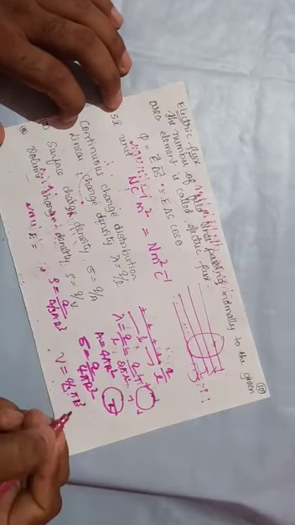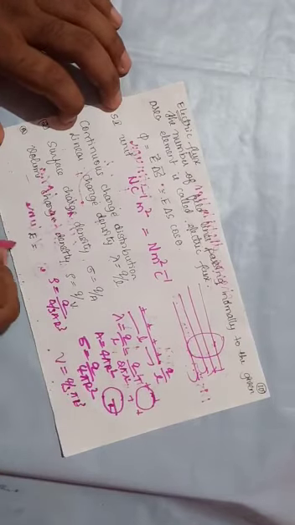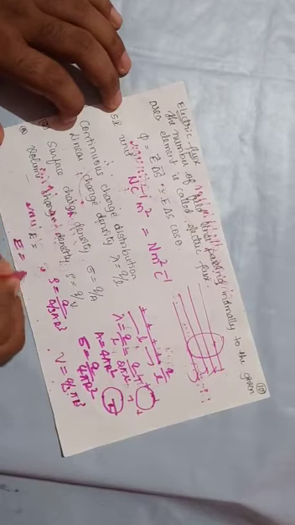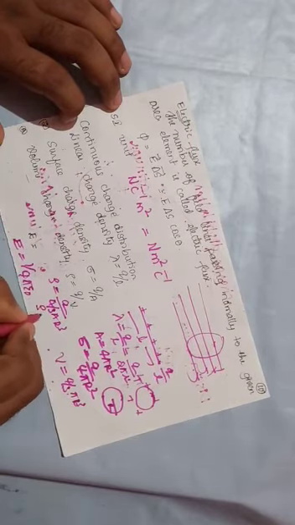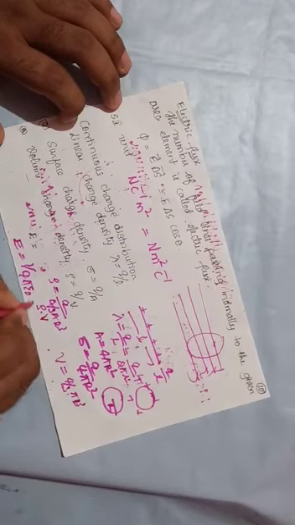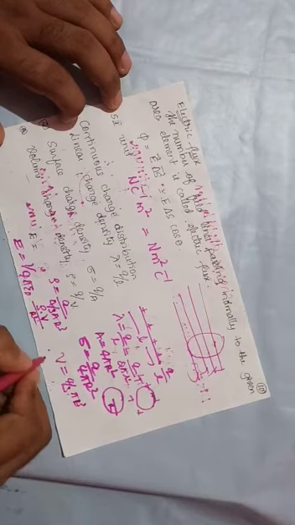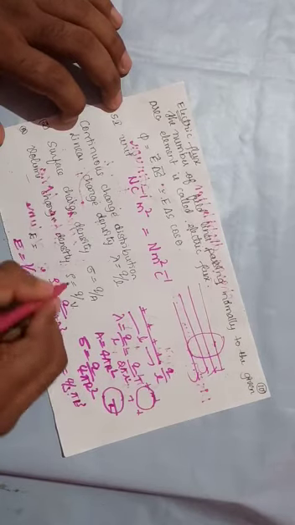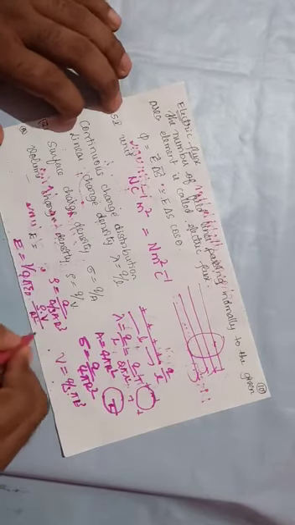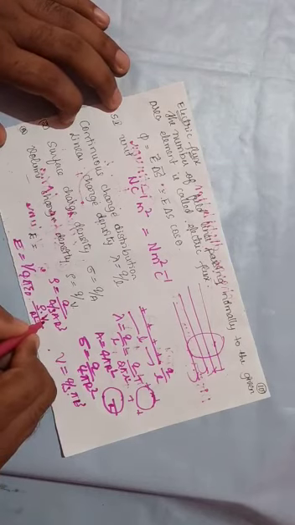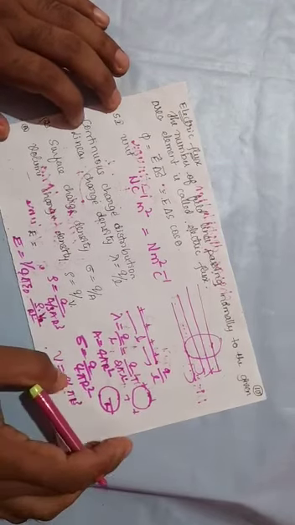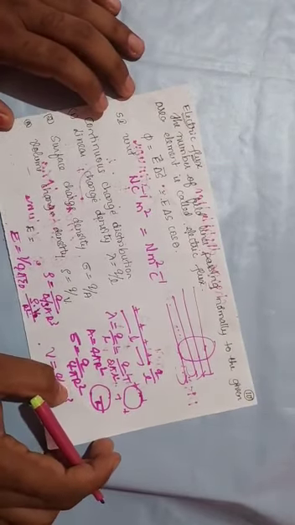Okay, here we can write the expression for the electric field as E is equal to 1 divided by 4 pi epsilon naught, into rho into V divided by r square, where this rho is called the volume charge density and V is nothing but the volume of the sphere. So this is all about continuous charge distribution.